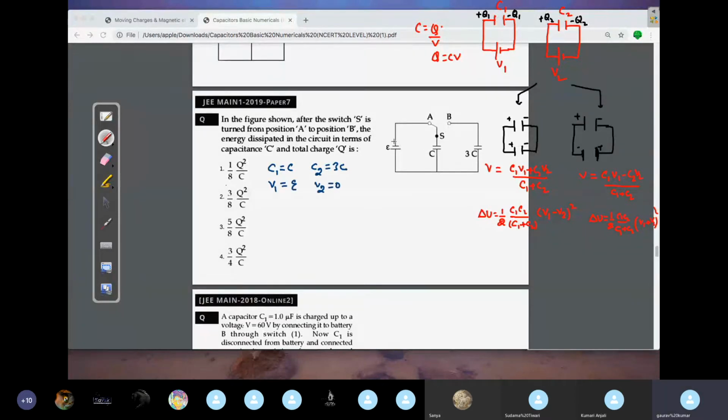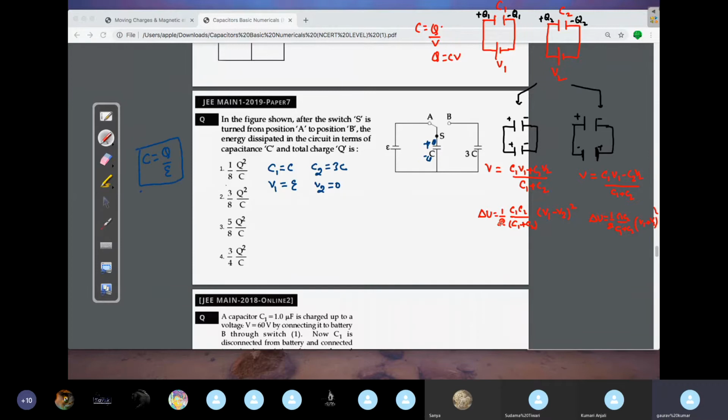So initially the charge that you will have is because of the battery, no? What is C? C is your Q by E equivalent. Only this will get charged in the circuit. Whatever charge you get here, plus Q and minus Q. So how can we write this charge? C equals Q by E equivalent. So what is Q? Just keep this in mind.